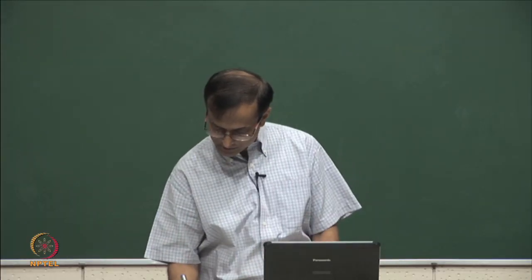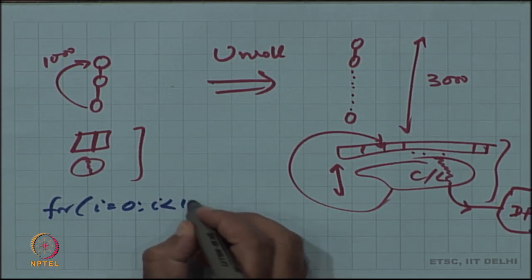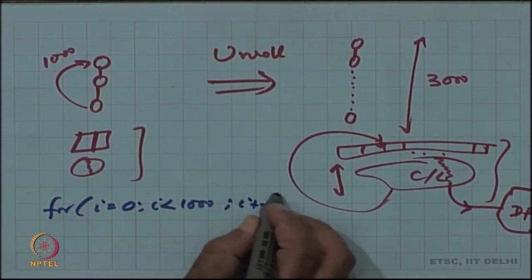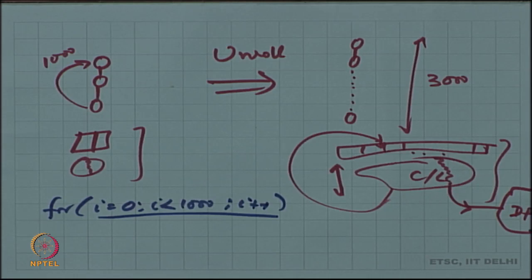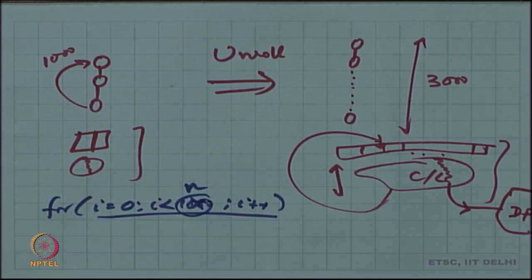We had this loop for I equals 0, I less than 1000, I plus plus. Everything was known about that loop, and even then it was not worth it. Sometimes you do not know this, right, you do not know how many times it is going to iterate, and therefore, you cannot of course completely unroll the loop, because you do not know the value of n. The partial unrolling is still possible,